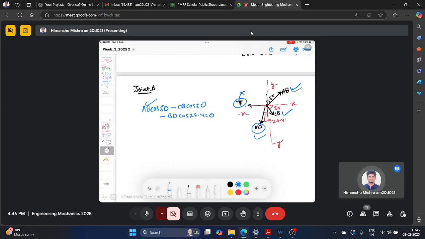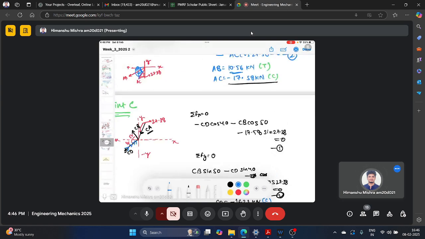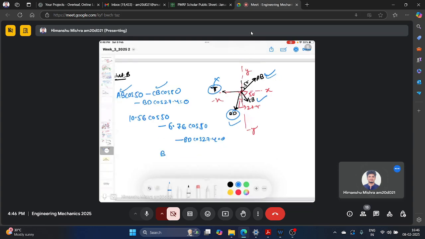So we know AB, we know CB. So AB is 10.56 cos 50 minus CB, which is 6.76 cos 50 minus BD cos 27.4 equals 0. So this will be BD cos 27.4 equals